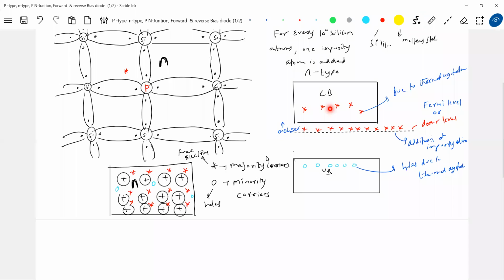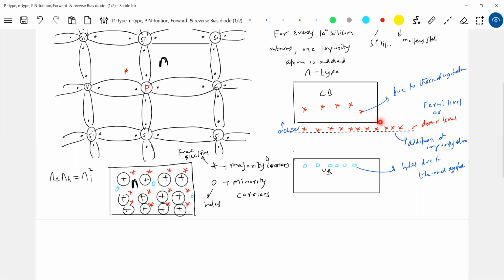I'm not showing these free electrons here. Okay, are you able to get this one? The free electrons generated due to thermalization, I'm not showing, because their number will be far less compared to the donor ions, the electron-generating donor ions. So altogether, what are the majority carriers? The electrons in an N-type semiconductor. Minority carriers are holes. Then if I check the product of these two, Ne into Nh, it will be ni squared. I know Ne, so this you can neglect. This will be very small.